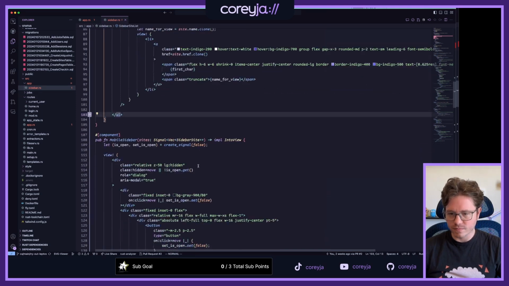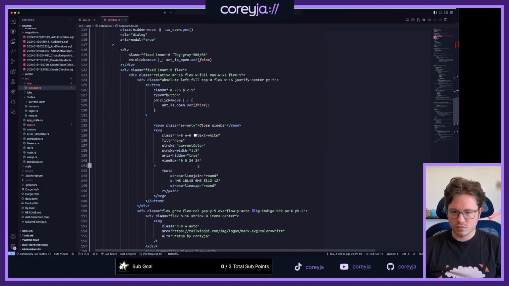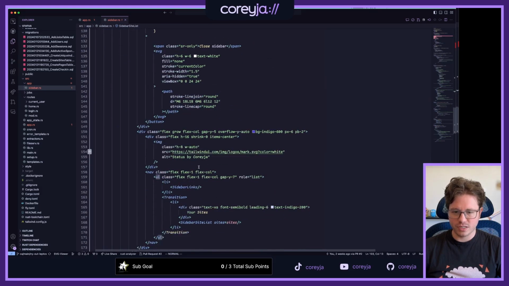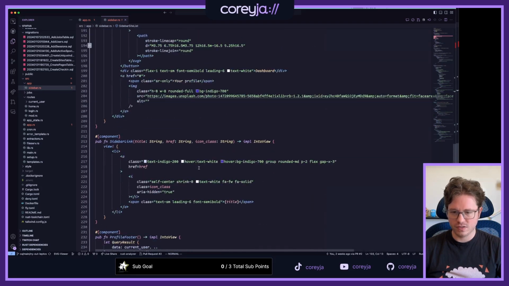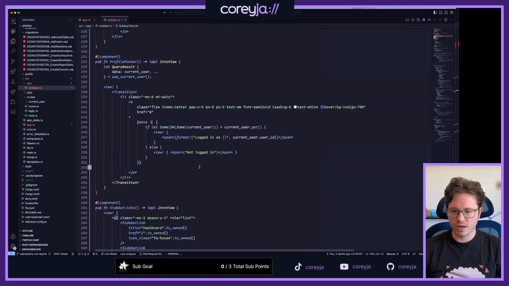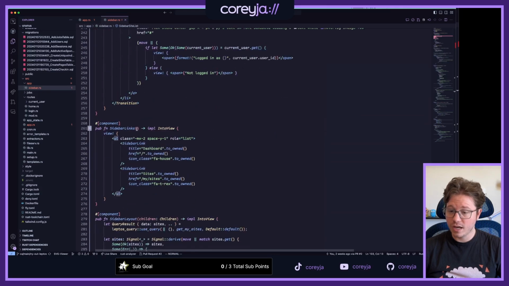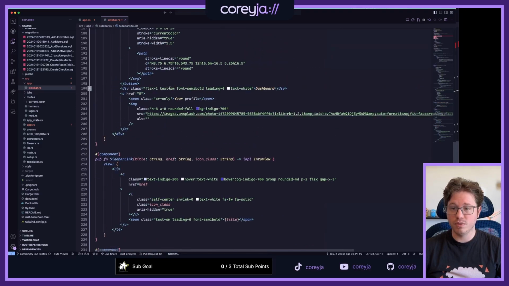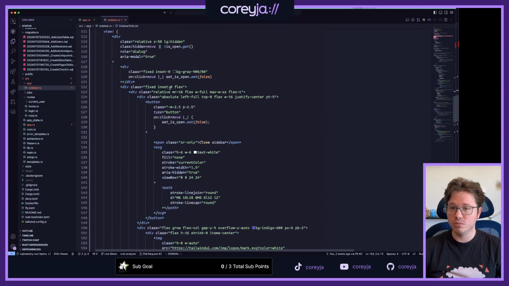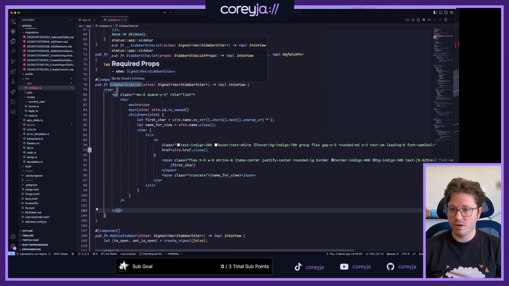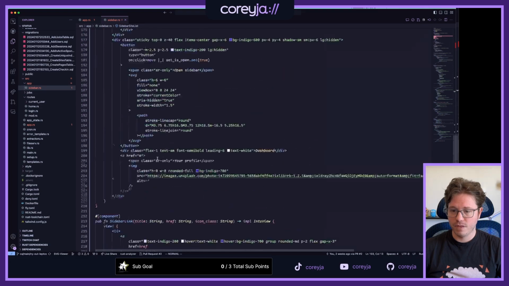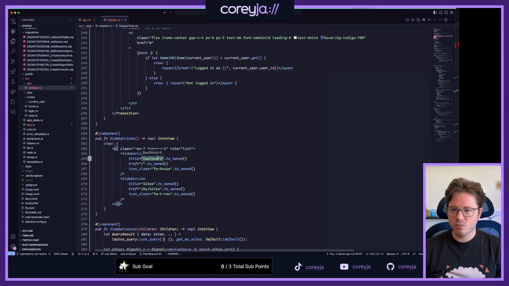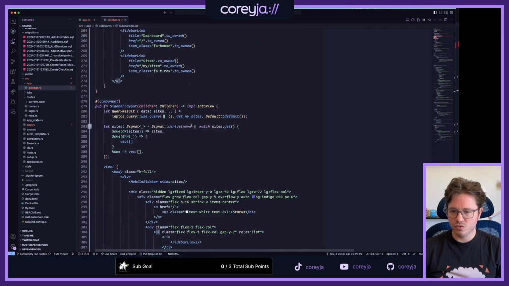Perfect. Okay, so where do I have those Font Awesome icons, and are they in the right spot? Yeah, because they're in sidebar links, and sidebar links I think are used in both the mobile and the non-mobile. Because here's mobile sidebar. So where is mobile sidebar used?